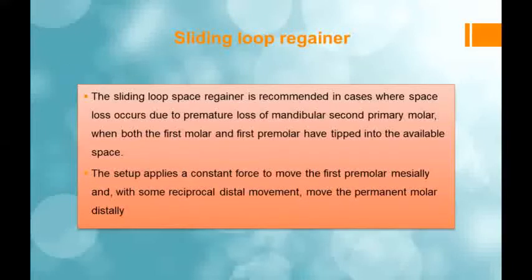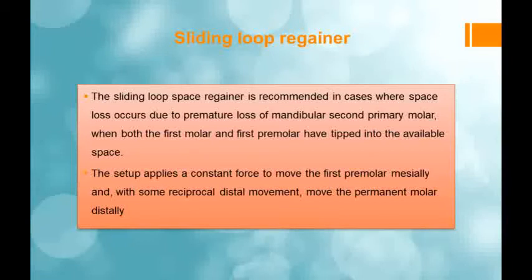Now the sliding loop regainer. It is recommended in cases where the space loss occurred due to premature loss of the mandibular second primary molar, when both the first molar and the first premolar have tipped into the available space. The setup applies a constant force to move the first premolar mesially, with some reciprocal distal movement that moves